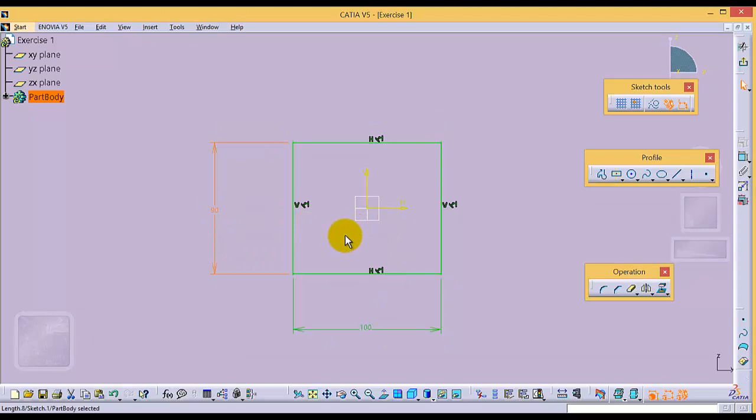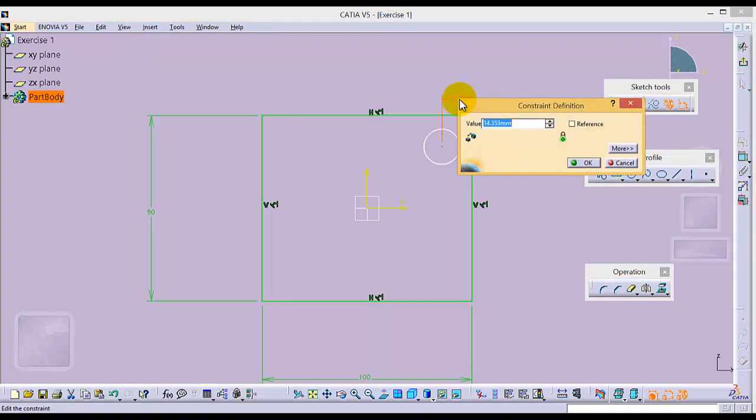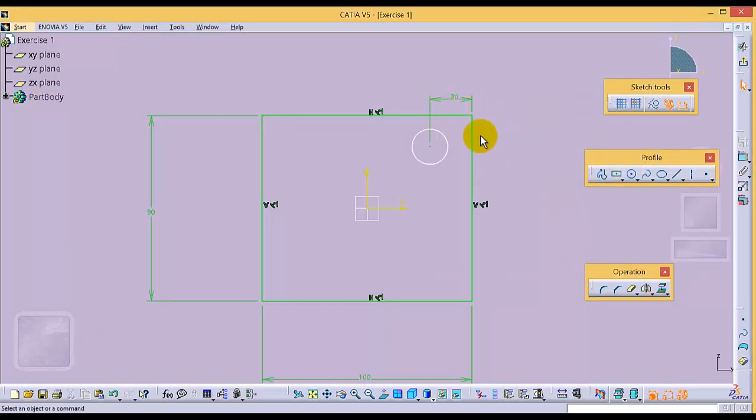Sketch is fully defined. Now I am going to zoom in, then I am going to add a circle here. Then I am going to dimension this circle. So from this point, select this point, the center of the circle, and then press the control, select this line and then select the dimension constraint, double click on it. This dimension is given 20, and then again select this line, and now this center, and now we are going to select the top line,